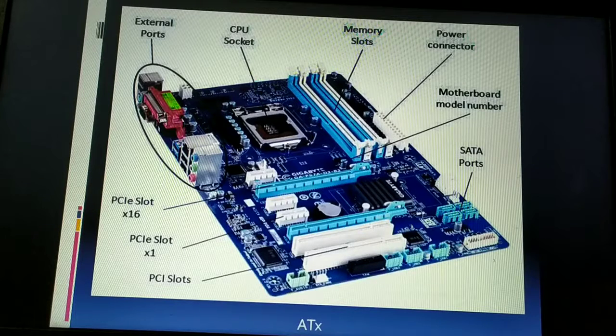It has a faster bus architecture than the AGP and the PCI buses. That means the data transfer between the various components using the peripheral component interconnect express slot is higher compared to the PCI or the ISA slots.